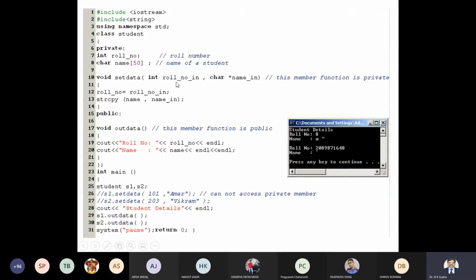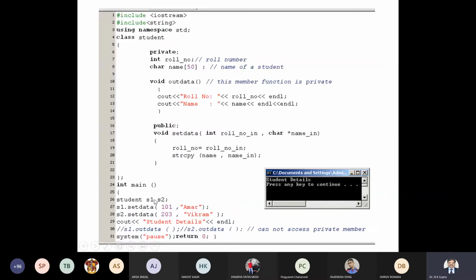In this previous example, here it is setdata. Two parameters are being passed, one is whatever value we pass over here. Against S1, this roll number will be set as 101, and for student 2, 203 will be stored. But what about this?